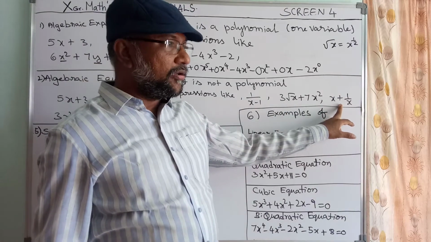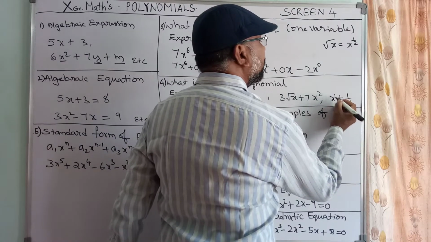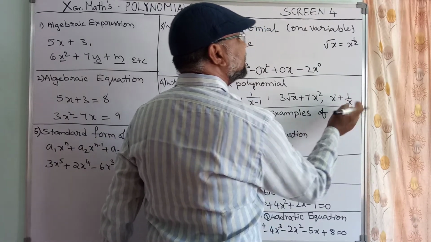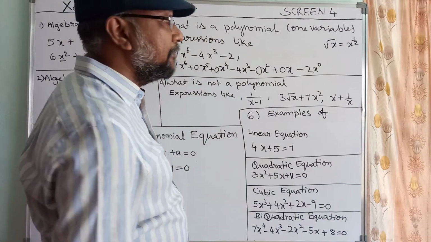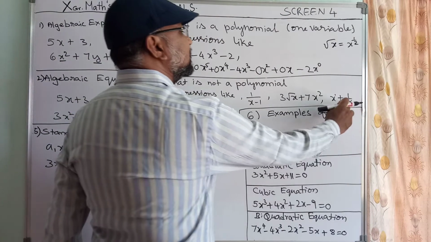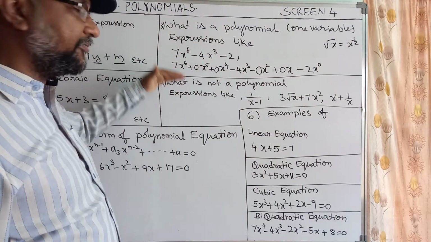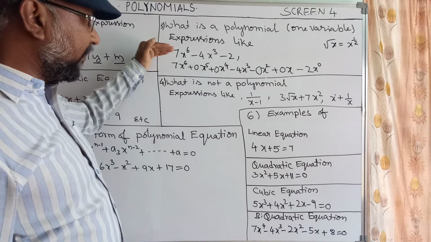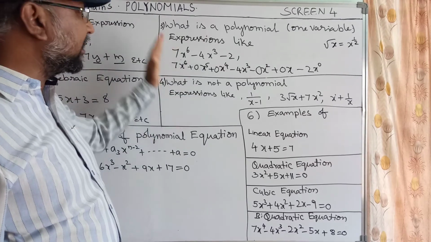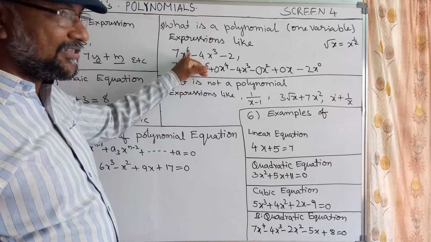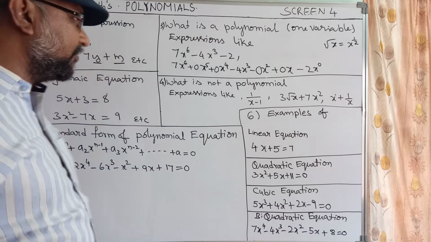Here it is also not a polynomial. Here x power 1, of course, but when the x is taken to the numerator, then it becomes x power minus 1. Therefore this is also not a polynomial. We have to carefully differentiate between what is a polynomial and what is not a polynomial. We can create a polynomial of degree 6 and we can create a polynomial of degree 5 or 4 and 3.